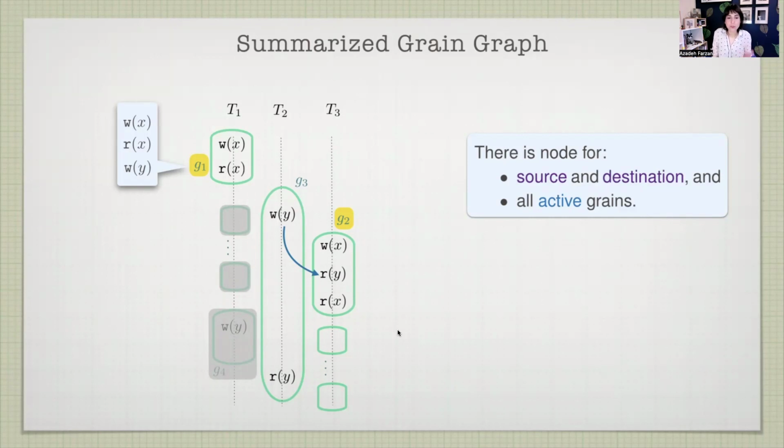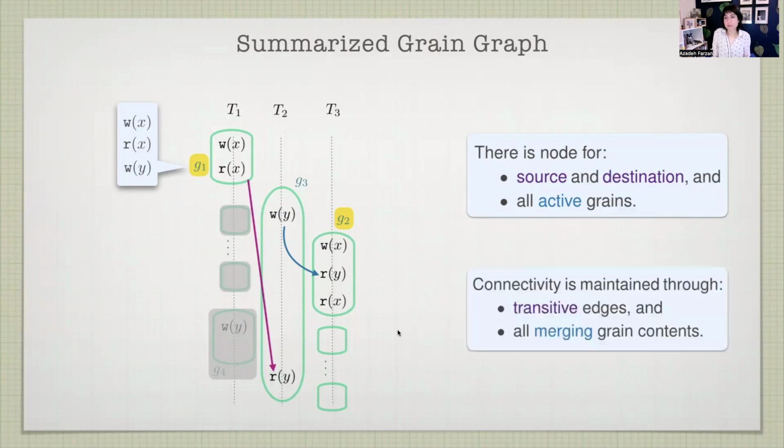So when that future read Y comes, and that grain G4 doesn't exist anymore, it doesn't have a corresponding node in the graph, the connectivity that would get through it would now be there through its memory in G1. So now we establish the actual ordering between G1 and G2 in this summarized graph through this set of tricks, keeping track of transitive edges and merging the contents of the grains that are about to die into their predecessors, so that their future connectivity can be done to their predecessors that are still there and living, and therefore overall connectivity in the graph is maintained.